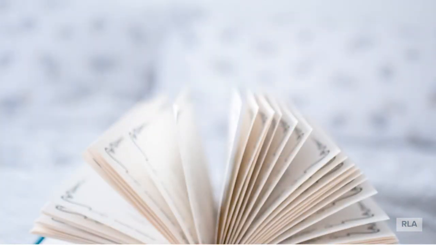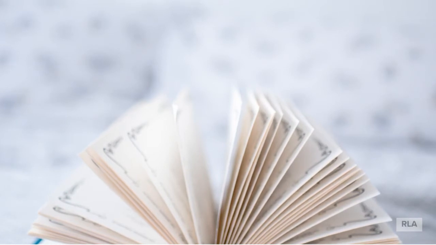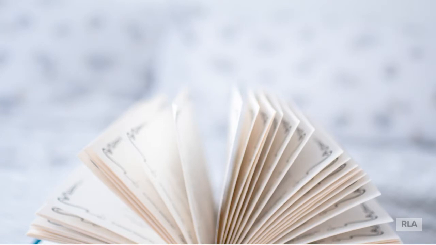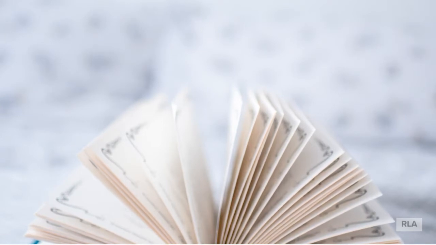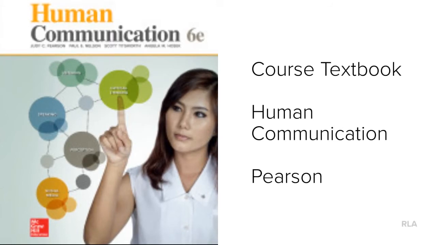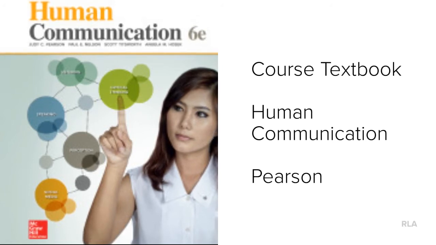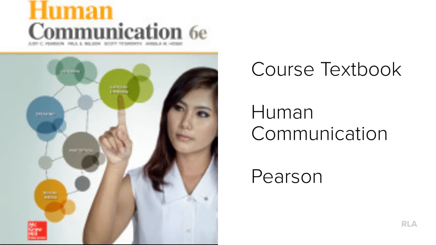One of the assignments that you'll find in learning modules are textbook Q&A questions. It's an electronic reading of the textbook where it asks you some questions. This will be one of the main assignments that you'll do in the learning modules. Our textbook for this course is Human Communication by Judy Pearson. You can locate the registration and the purchase of the textbook in the orientation module. There you'll be able to click on a link and navigate to provide your information and to purchase the book or enter your pre-bought code for the book in that location.